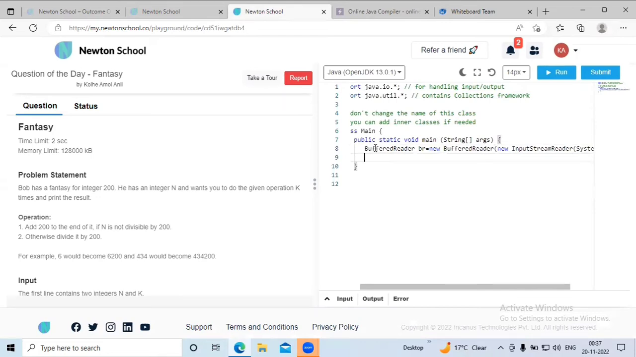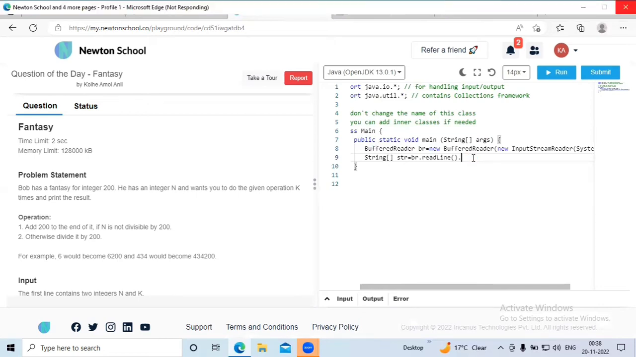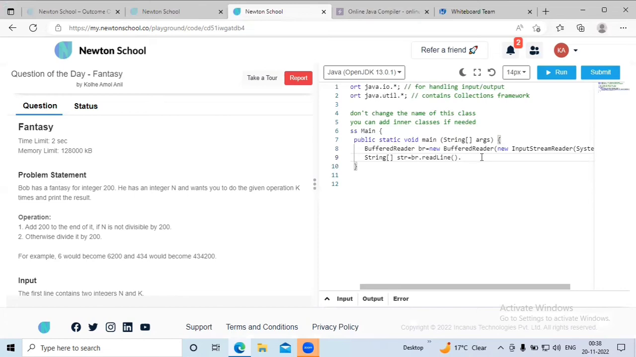Okay, so I'll write BufferedReader. After that, to take the input, I'll write String str equals br.readLine().split, and inside this I'll pass empty. Okay, now